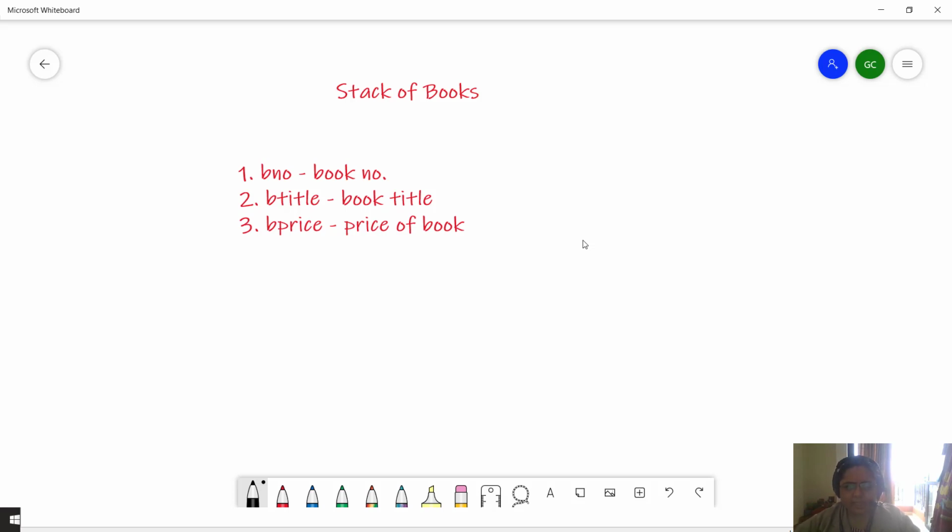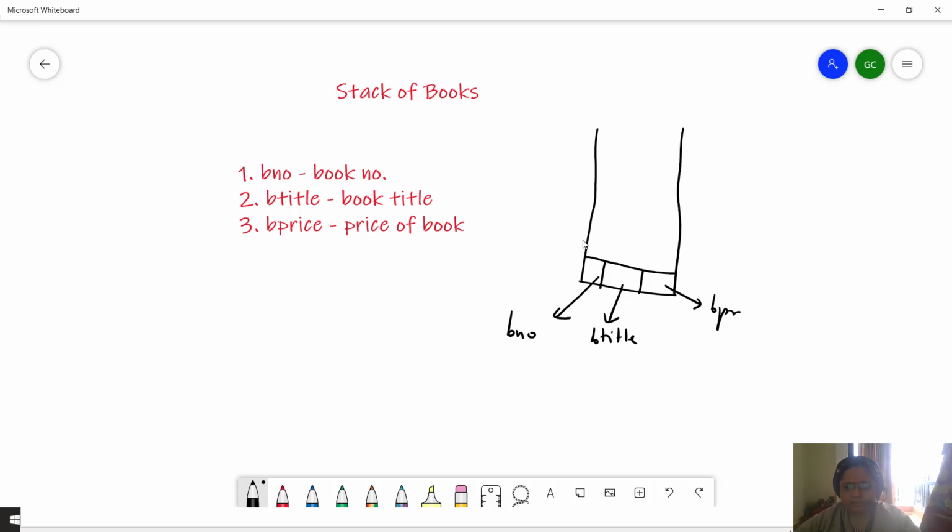So it would be something like this: if we have a stack, it will contain the book number, book title and the price. Let's see how we can do this.